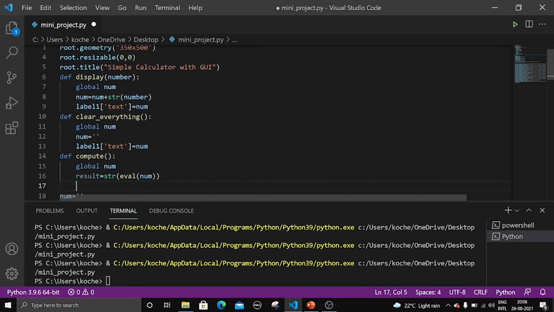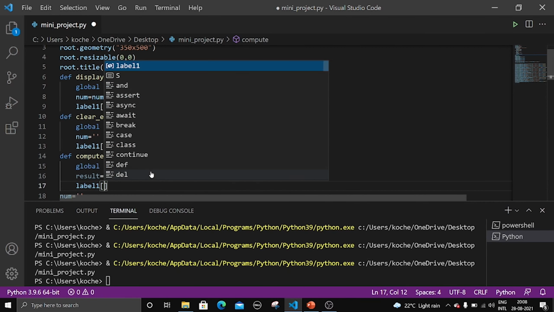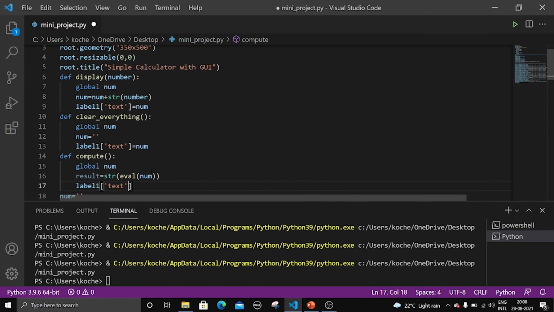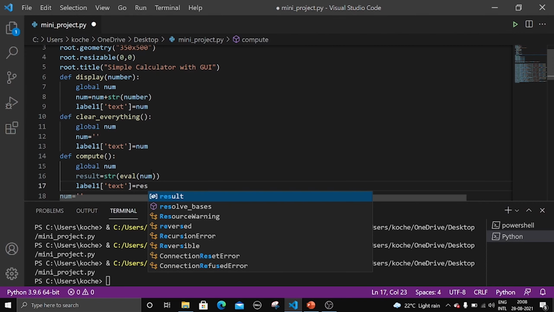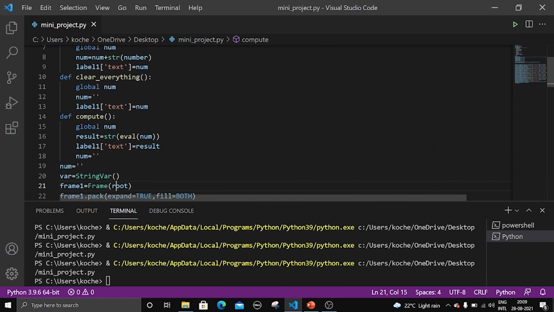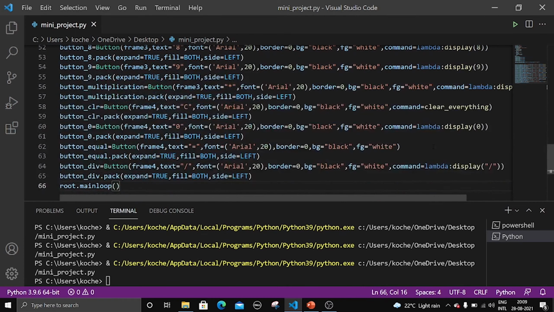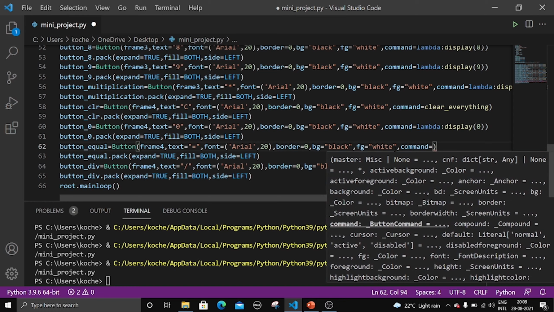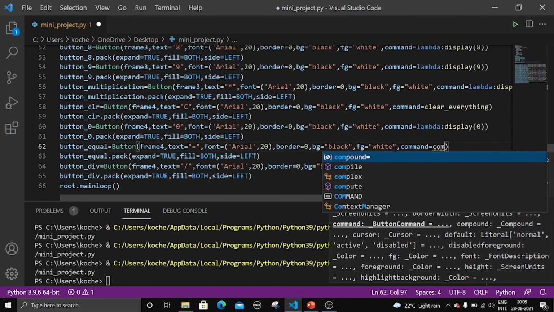So next, what shall we do? The label one, and inside the text should be changed to result, and after that num should be made an empty string, right? So now let us see whether it will work or not. We need to change the function at the equal to button, command equal to compute.